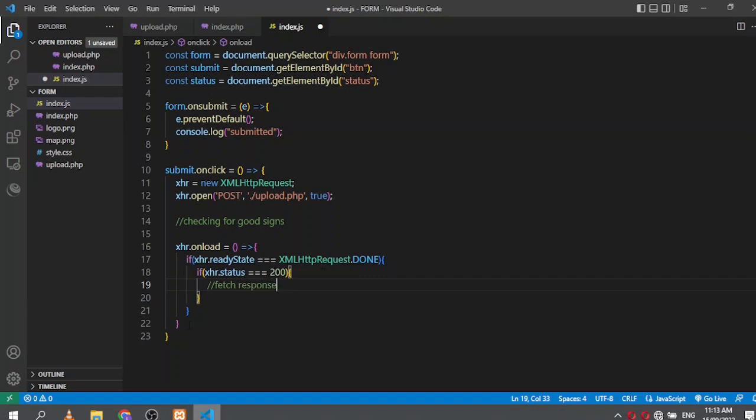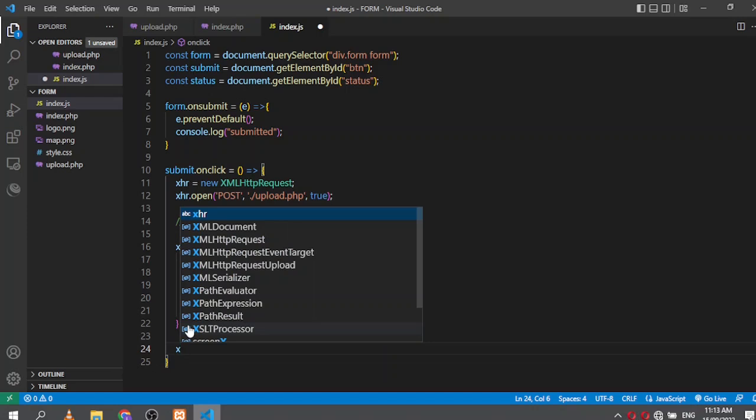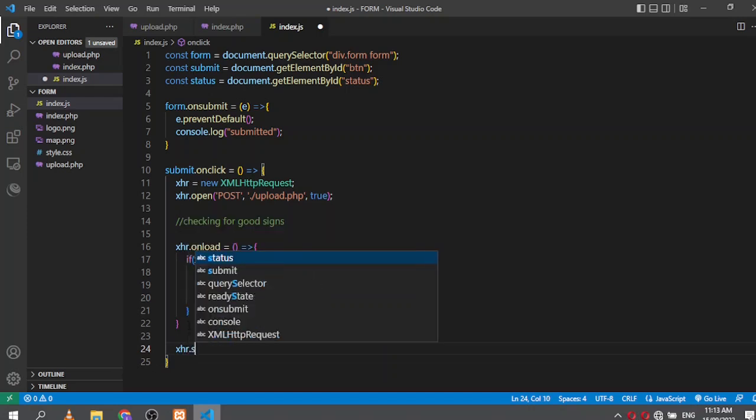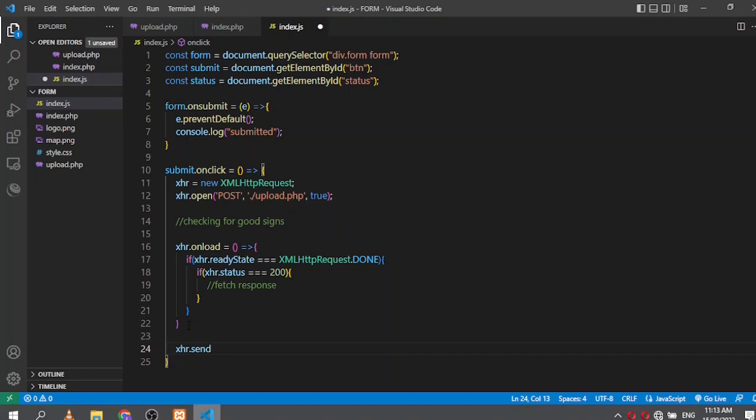Alright, before we do that, I want to send the request, shr.send. We've got to put something inside this send. Can you figure it out? What are we going to send? Tell me. Just kidding, I can't hear you. I'm going to send this form to this location